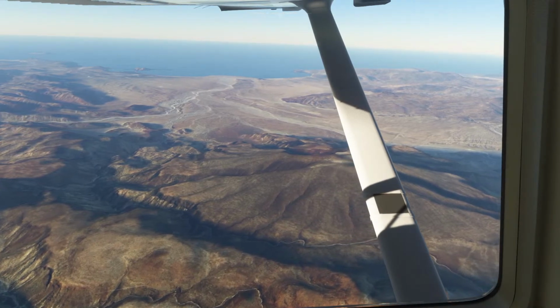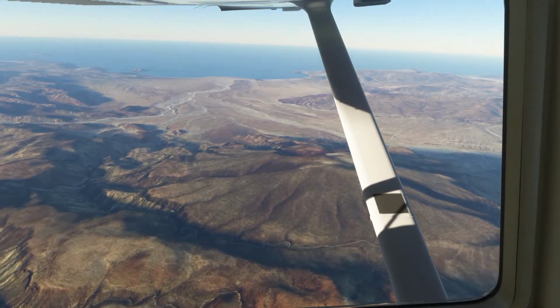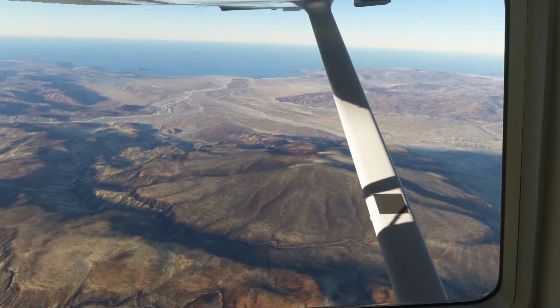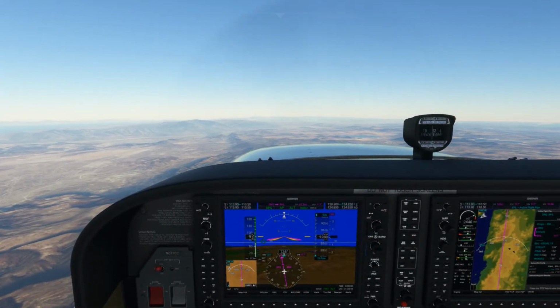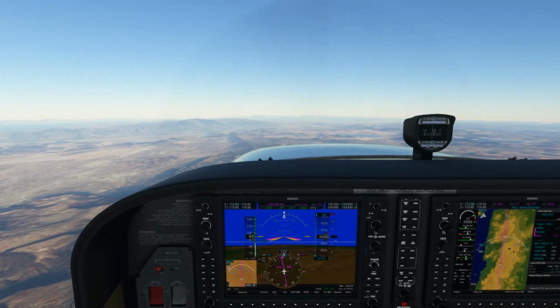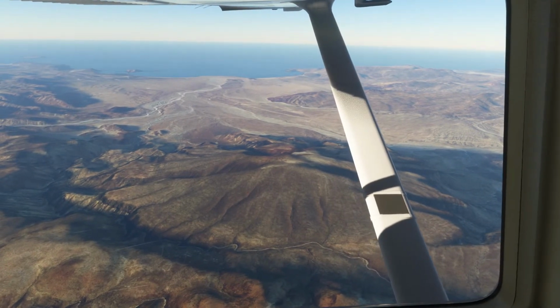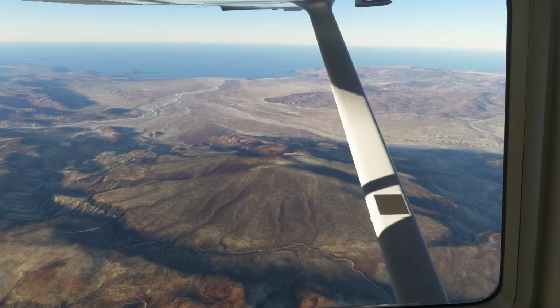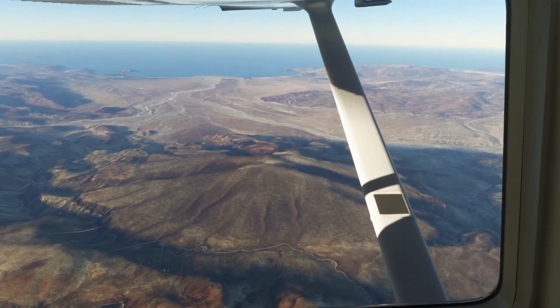I wonder if sometime in the past this area was more green than it is now. Can you imagine if this area was green and it had a lot more rain, how much more populated it would be?